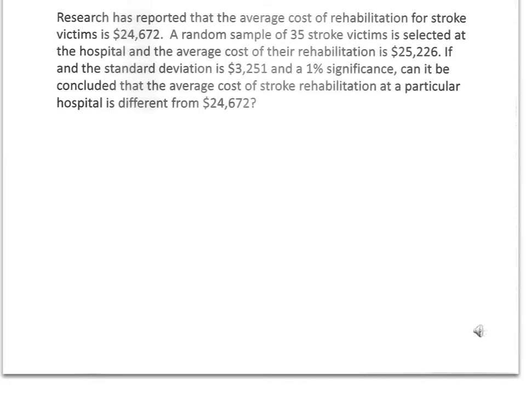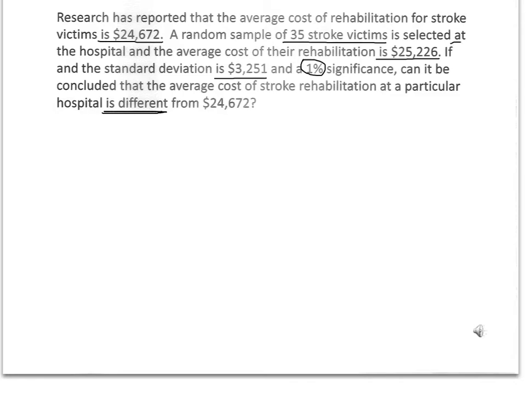Research has reported that the average cost of rehabilitation for a stroke victim is $24,672. A random sample of 35 victims is selected at the hospital, and the average cost is found to be $25,226, with a standard deviation of $3,251. And we want to test this claim at 1% significance to know, at this particular hospital, is there a difference